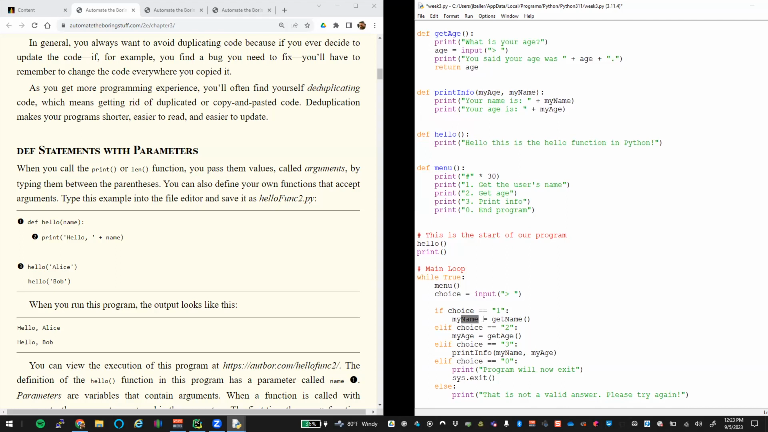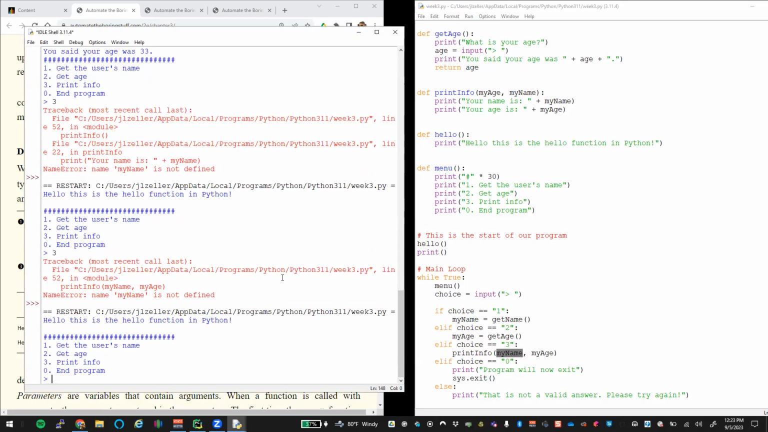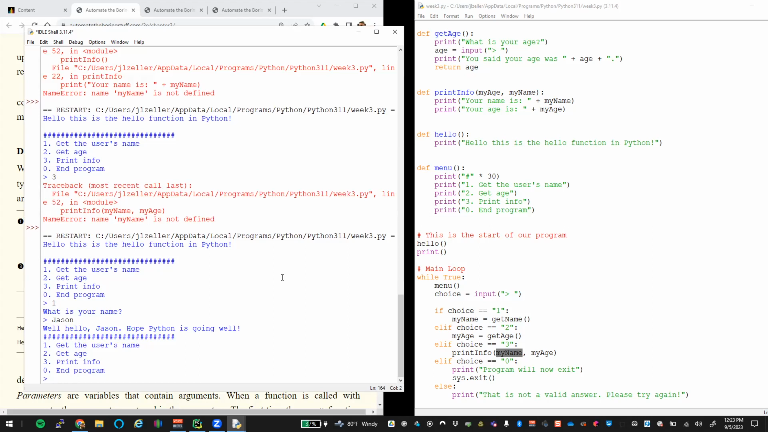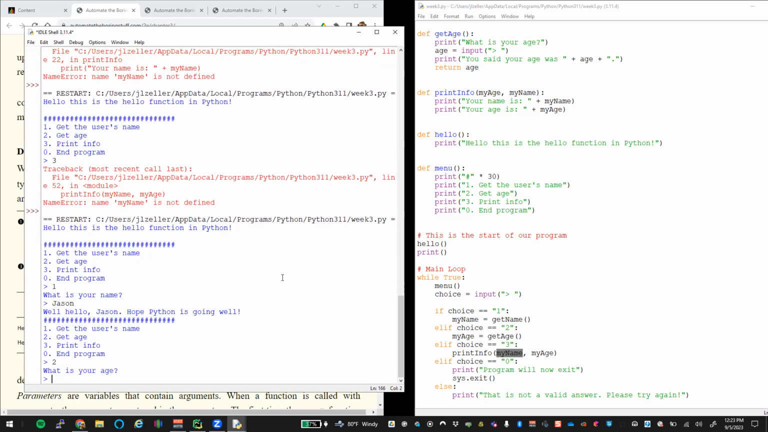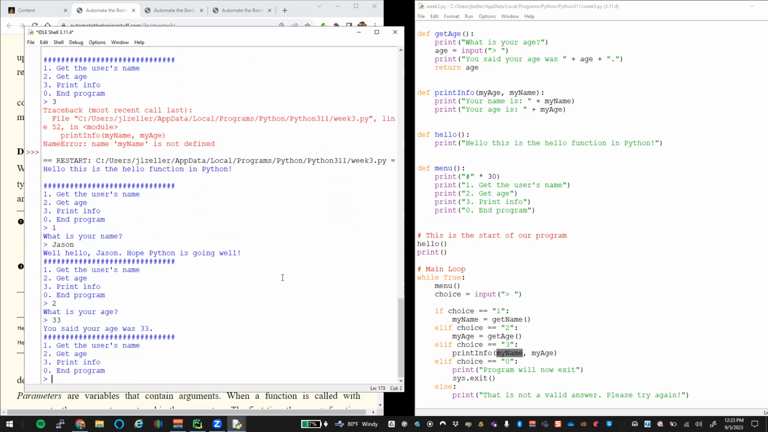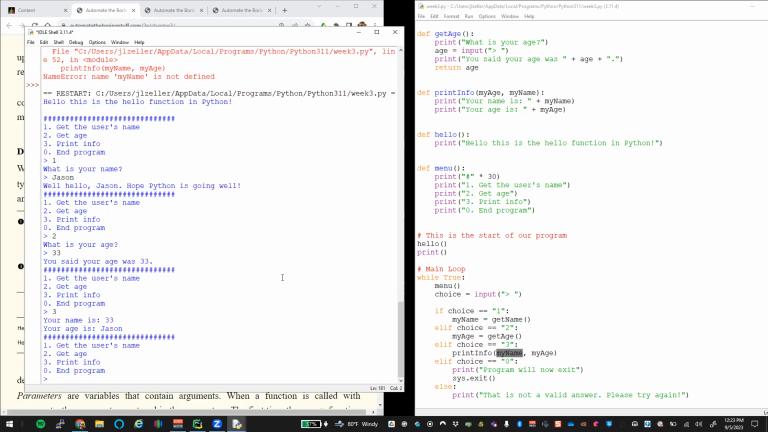So if we call choice 1, we have get name. If we call my age here, we get age. And this one is print info, where we pass in my name and my age. So if we run this code now and we press 1, we type in Jason, it prints that out to the user, returned us back to the main menu. If I do 2 at get age, I pass in an age, it says it's there. And if I press 3, you can see it took the output of those 2 and passed them into the print info,